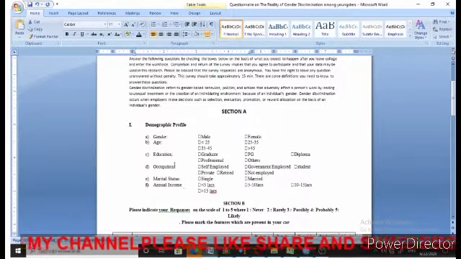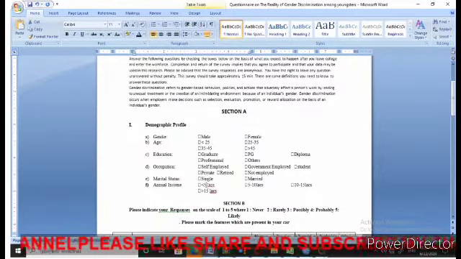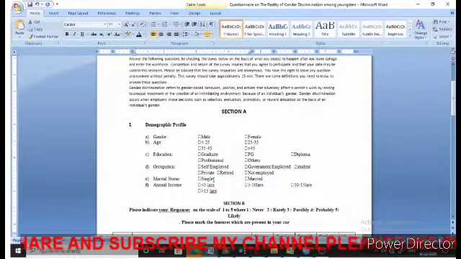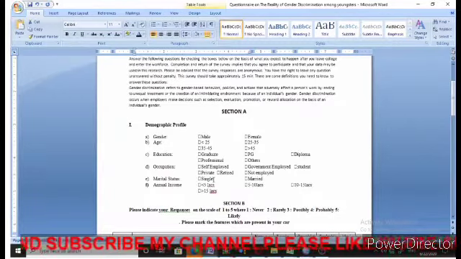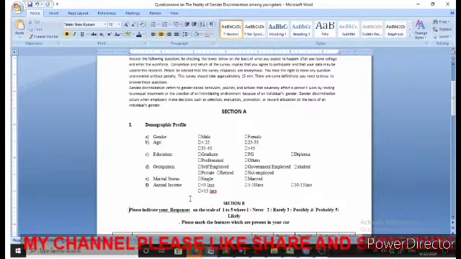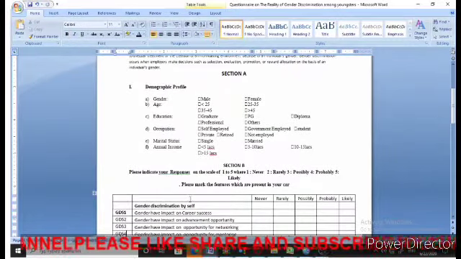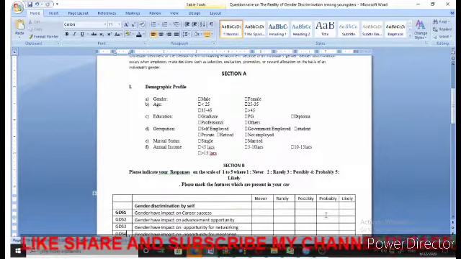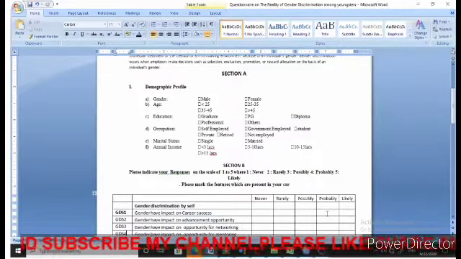Then similarly we can have other options and put those options there. Whatever the responses of the respondents are, we will put them accordingly in our data sheet. Now let's say in the first statement respondent 1 marks on this one, that is first, second, third, fourth one, that is probably, right?